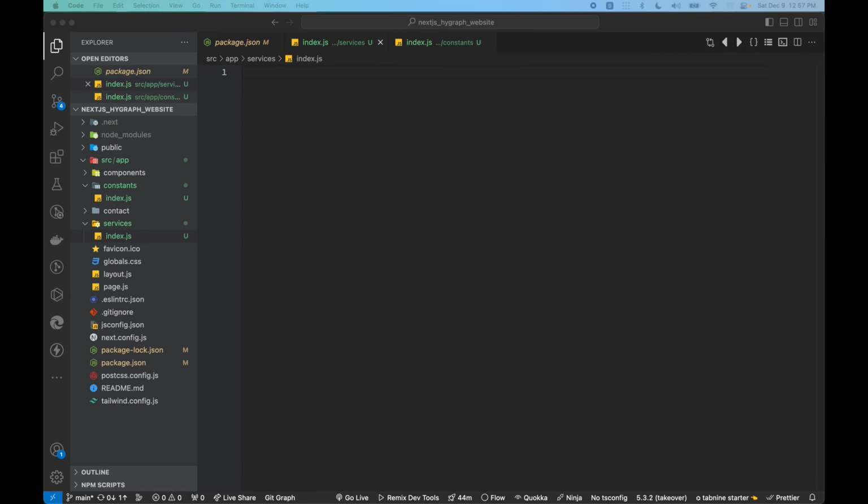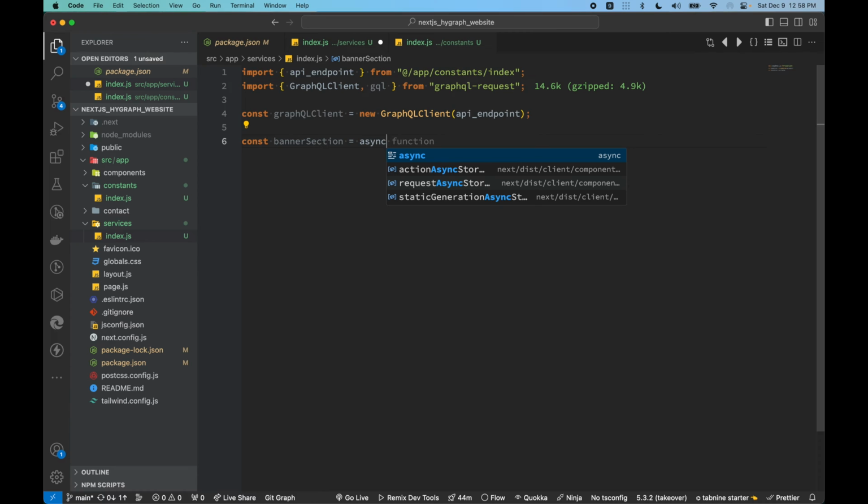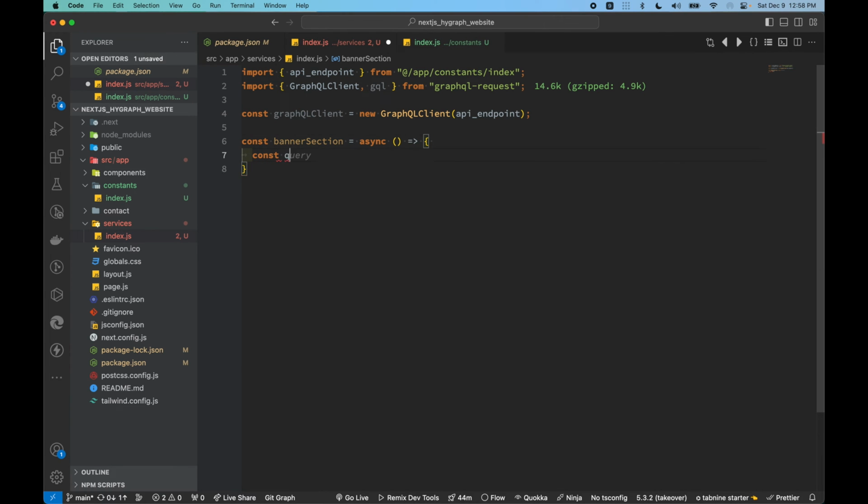After doing that, we can now import that thing inside of our services. Let's import the constant we created, and also import GraphQLClient and gql from graphql-request. Now we will initialize a new GraphQL client, pass it the GraphQL endpoint, and assign it to a constant called graphqlClient. Now inside here, let's create a constant and call it bannerSection. This bannerSection would be an async function, using a fat arrow function, and we can define our query right in here,